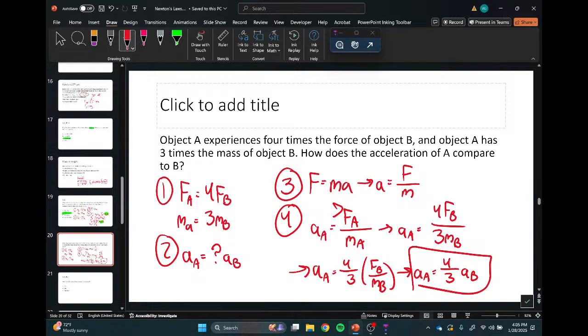And there you go. You didn't have to do a bunch of mental gymnastics. You didn't have to think about what happens as force goes up, or as mass goes up. We can see that here. As force goes up, my acceleration went up by 4 times. My mass was 3 times bigger, so that made it 3 times smaller because it was on the bottom. So you get to see all that in the final result.